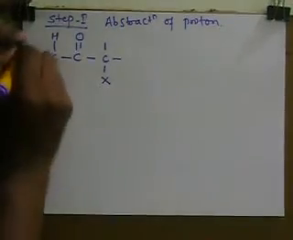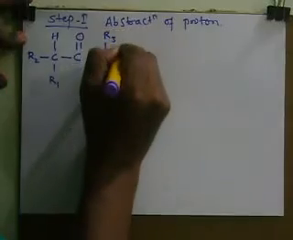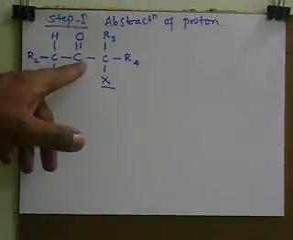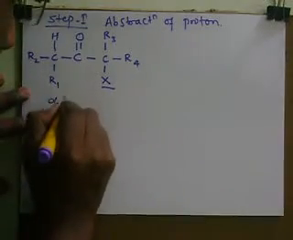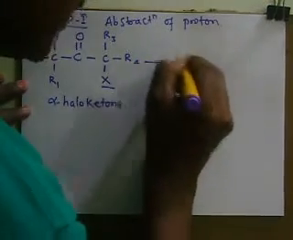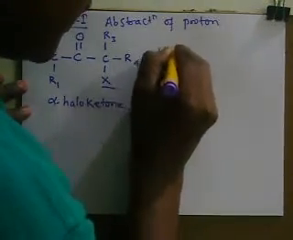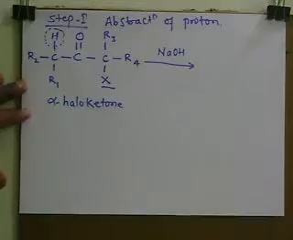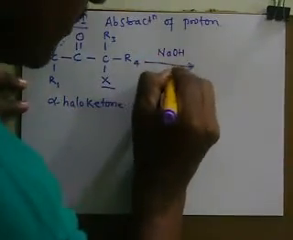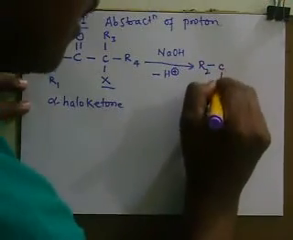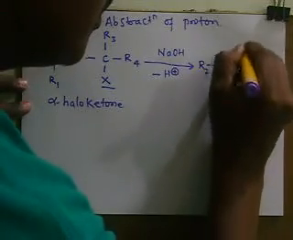So this is R1, R2, R3, R4. This is an alpha haloketone, halogen present on the alpha carbon atom, and it is a ketone. Now this is taking place in presence of a base like NaOH. So first step is abstraction of this proton present on the alpha carbon atom. So it loses a proton, and this forms R2 C R1 C double bond O